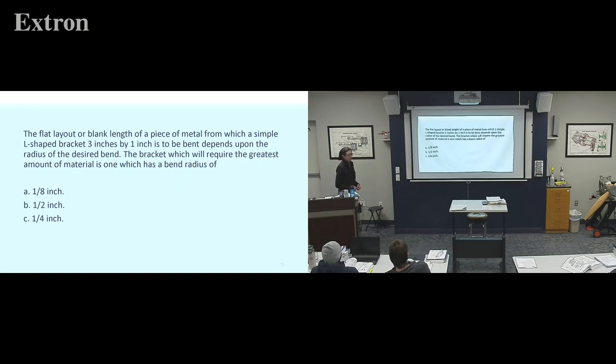One that cuts the least amount of corner off, so 1/8. Excellent explanation. So 1/8, or the smallest radius, will need the greatest amount of material. And whenever I had my little paper up there, it showed if you have a